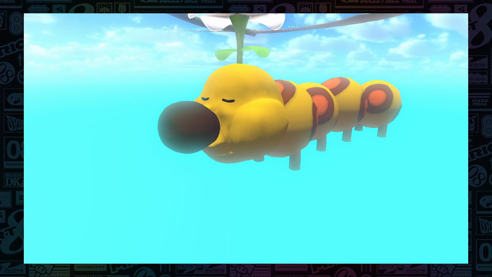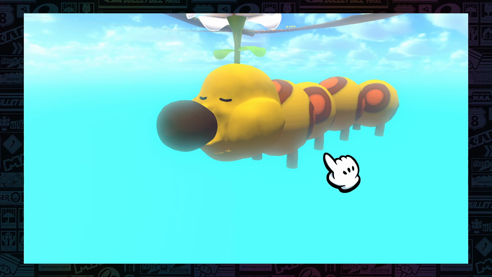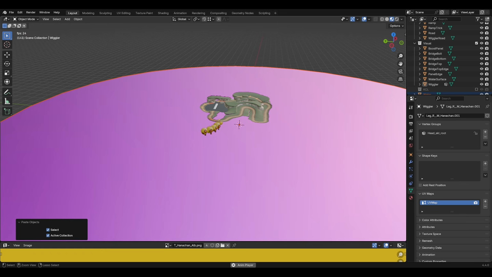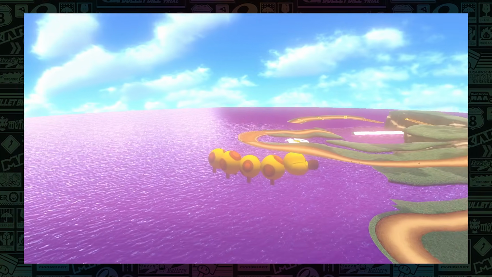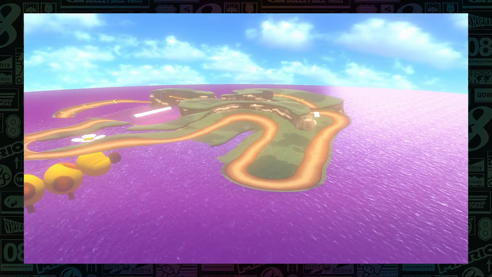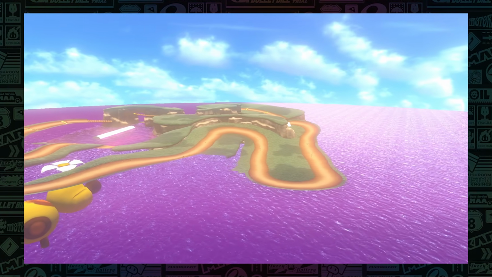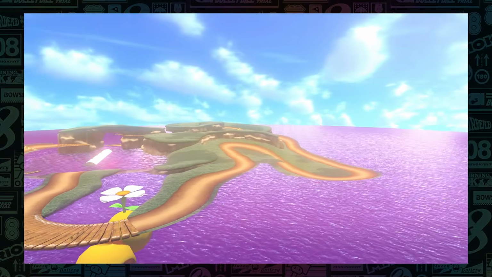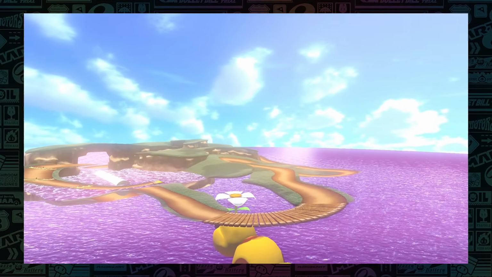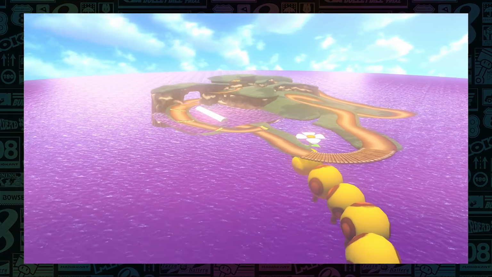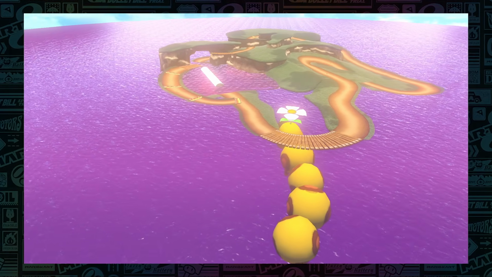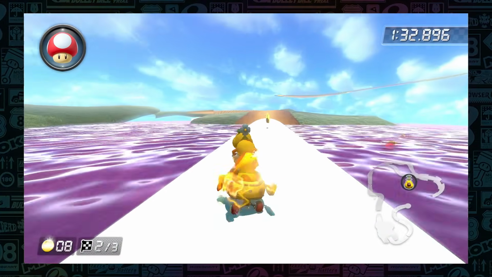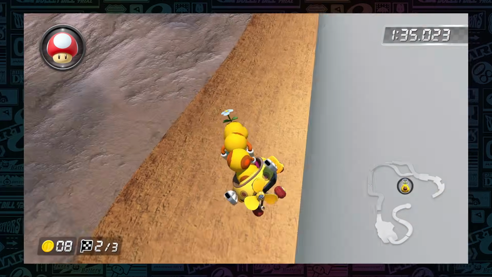Either way, now that I actually knew what the height of the poison water lake should be, I added it to the track model. Again, just like with the big Wiggler, although I was always planning on having the track take place in an area dominated by a massive purple body of water, the outlandishness of this visual still took some getting used to. I also made the smaller lake that's a part of the track environment purple,